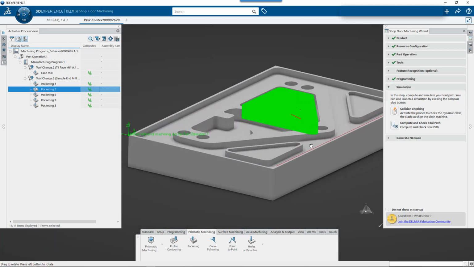But the benefit here is once I have the features identified, if I set the operation up the way that I want, feeds and speeds, depth of cut, step over, then it's really just selecting the different features in a way that I program. Now, one of the things that's worth mentioning